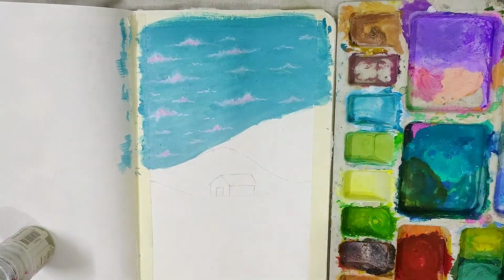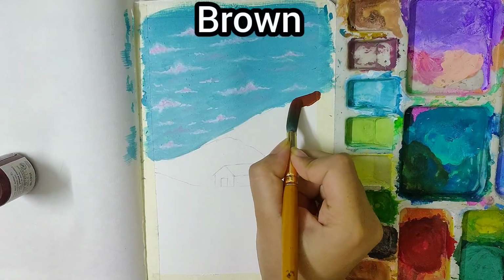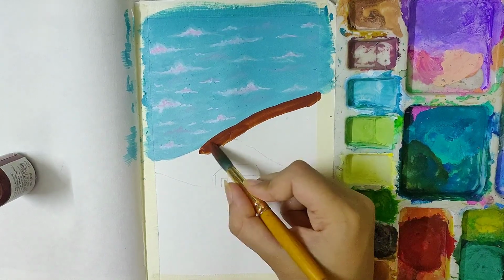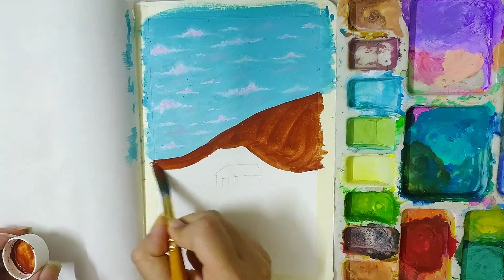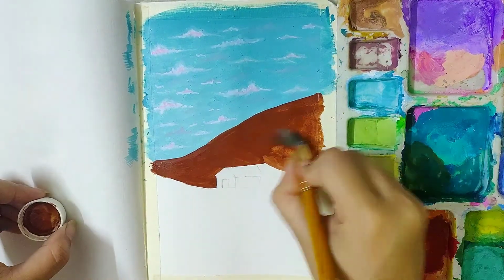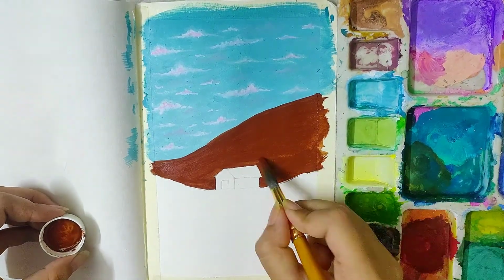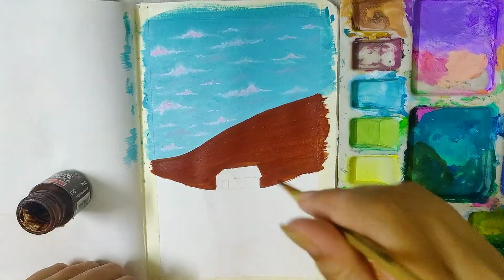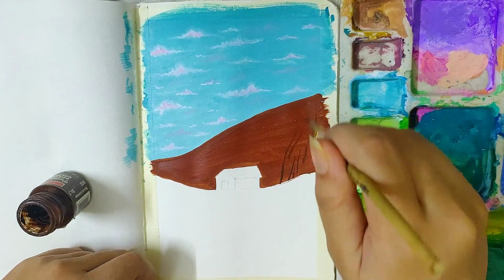I'm adding some light pink here to the clouds, which I made by mixing white and pink. For the mountain here, I'm using brown as the base. Next, from the bottom area, I'm using some burnt umber in upward strokes,